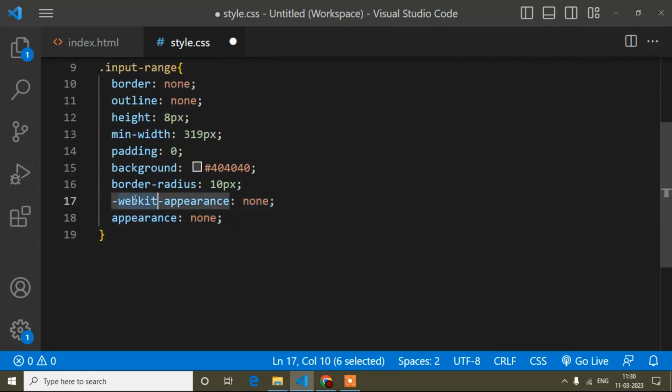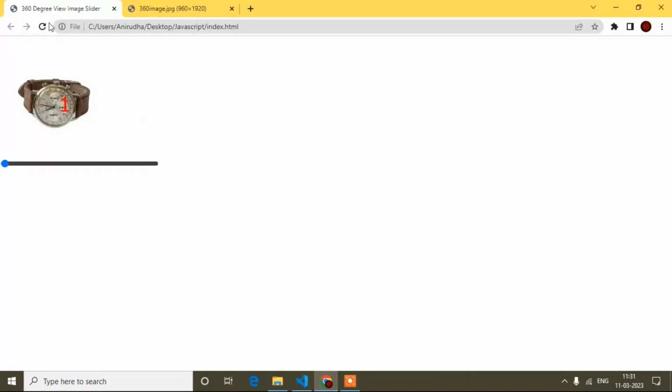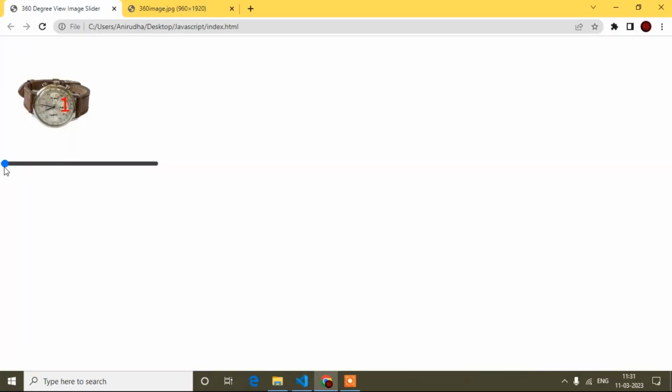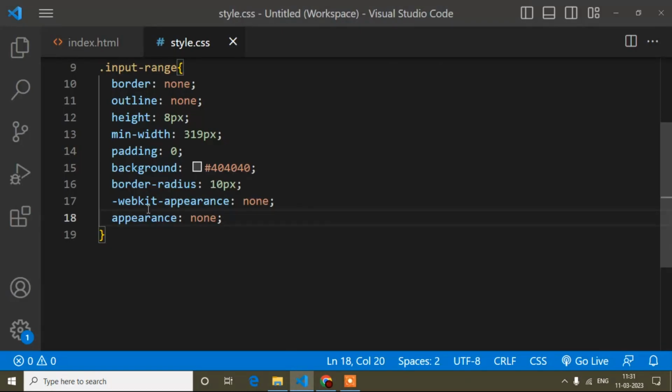This one I separately mention for the Chrome browser, so suppose if it doesn't work for any reason, it will work. Now I will refresh, see no changes, and now I will change this thumb. First you have to write these two things, then you can change the thumb.